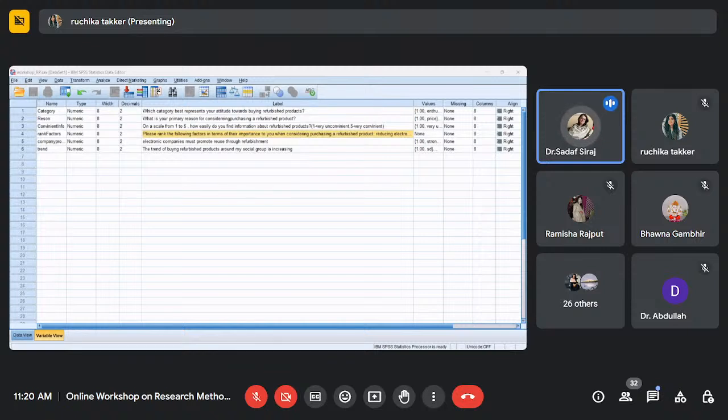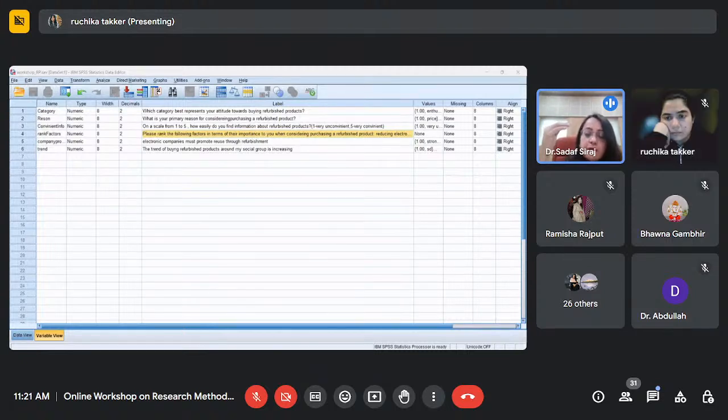And through my literature review, I found that 4 constructs emerge. One is environmental awareness, the other is the attitude towards eco-friendly products, the third is the marketing initiatives that were taken up by the companies, and the fourth is the demographic profile of the people. So these are the four constructs. For each construct you need to have at least 5 to 6 statements to capture the attitude of people towards refurbished products, another 5 to 6 statements to capture the environmental knowledge. So when you multiply, it will come out to be 20 or 25 statements, plus 5 questions on demographic profile.